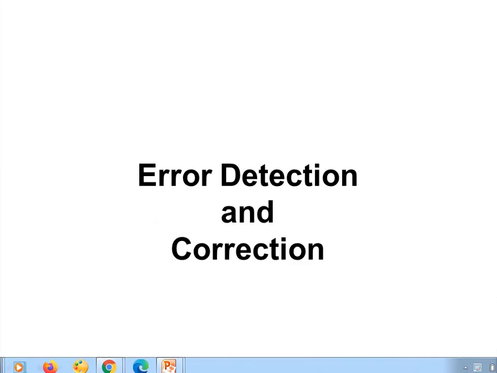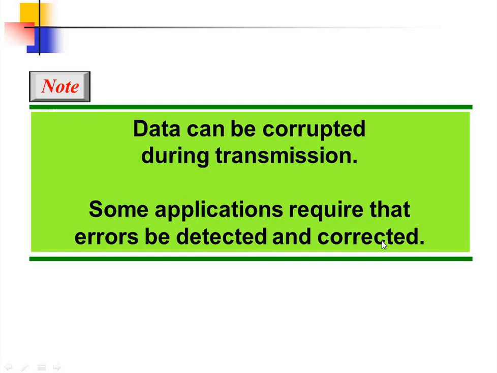Recording it. So today we are going to discuss error detection and correction. As you know, whenever you are transmitting data from physical layer to physical layer via a transmission line, there is every possibility that an error may occur when you transmit the data. So what happens if the error occurs? Let us discuss it.